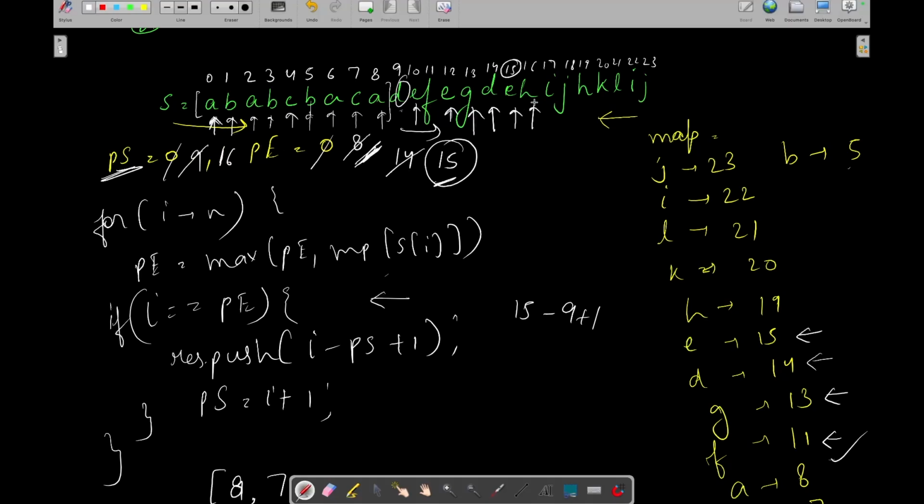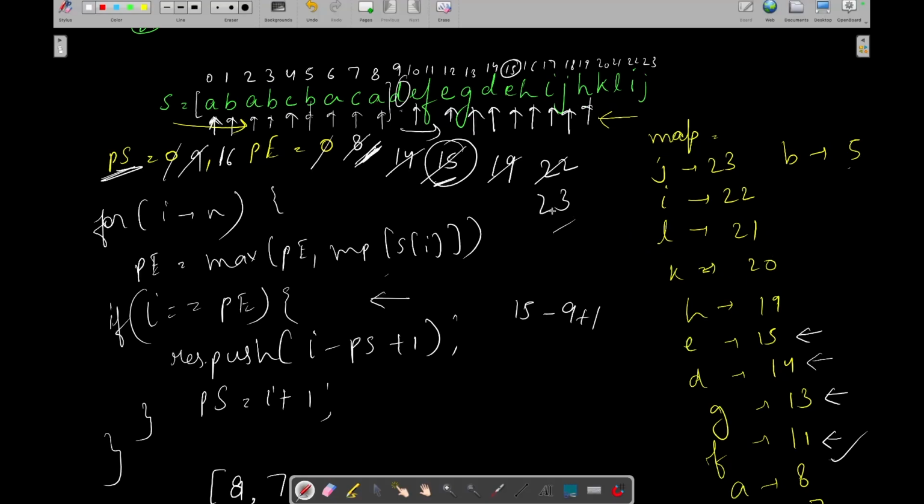Now again check for the last occurrence of H, which is 19. Let's update our partition end. Now let's check for the next character, which is I, whose last occurrence is 22. Let's update. Now for J, which is 23, let's update again. Now H, which is 19, already the maximum value.